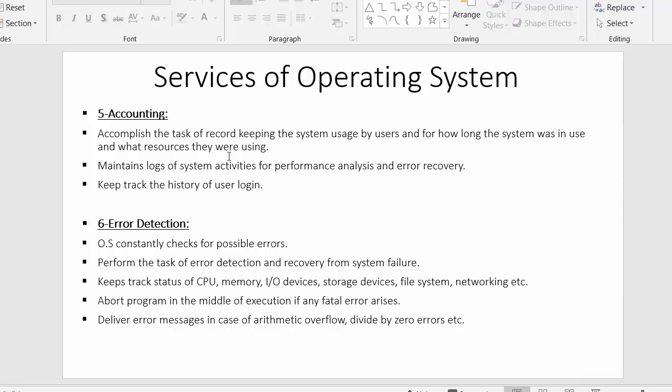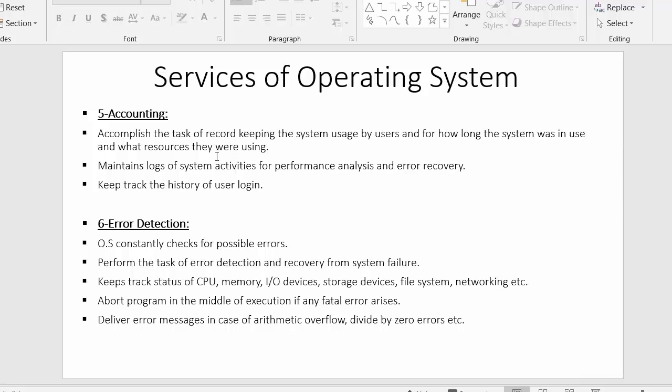The accounting service continuously checks the usage of the system by the users, how various users are using the system, which resources they are using, and how long they are using it. So whenever multiple users are using the same system, the operating system is doing its work in the background, continuously keeping track of each and every minute activity of each user: what work they are doing, what resource they are accessing, and for how long each user is using the system.